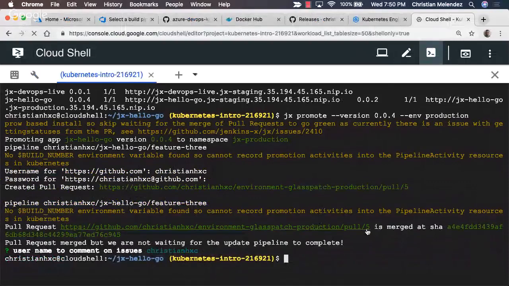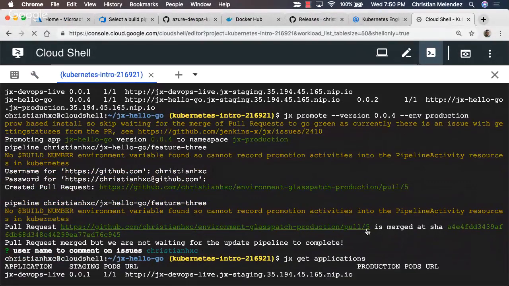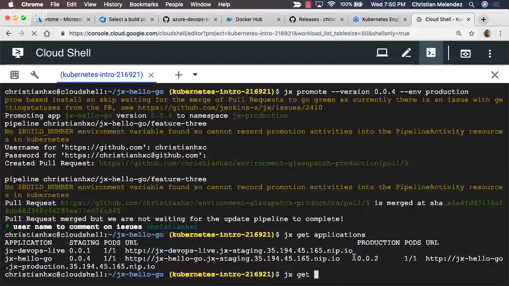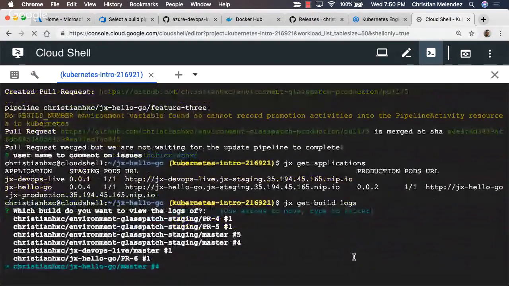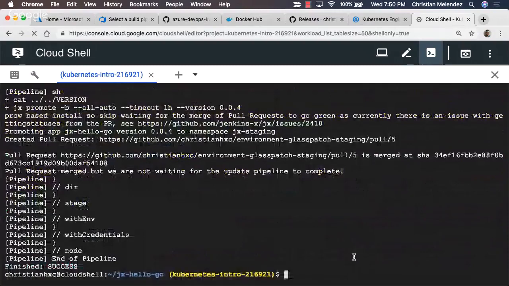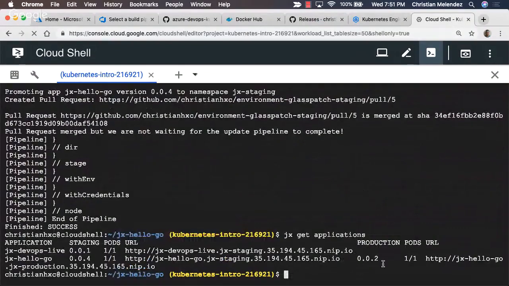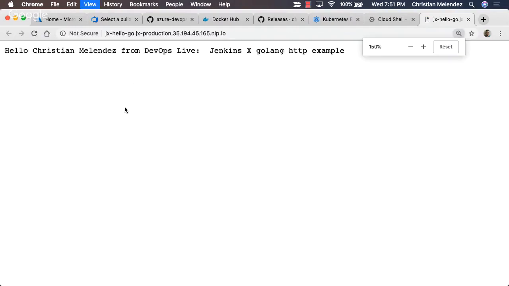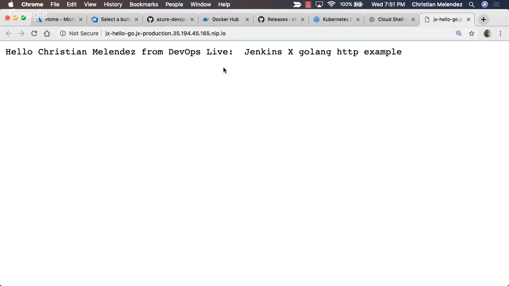It will create this, and you can see here, Jenkins X applications, that it will be get build logs master. It has finished. Get applications. Okay, it will take some time there. So at some point in a few seconds, you will see that the new version has been deployed here. It's taking some time because, okay, the production one, as you can see, the production version already has this. So I think it took me more time because I was explaining the workflow.